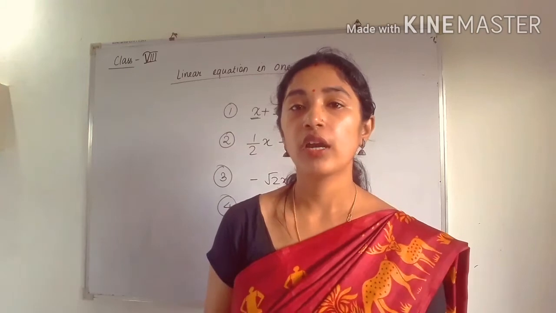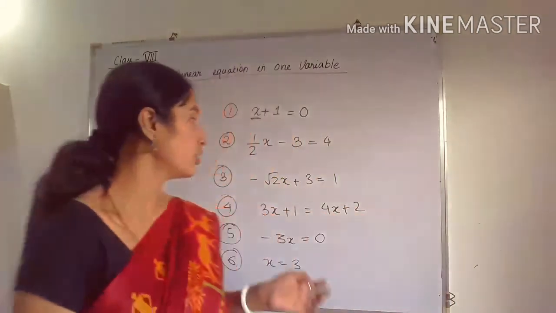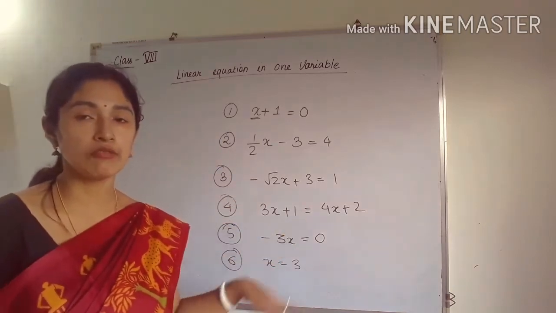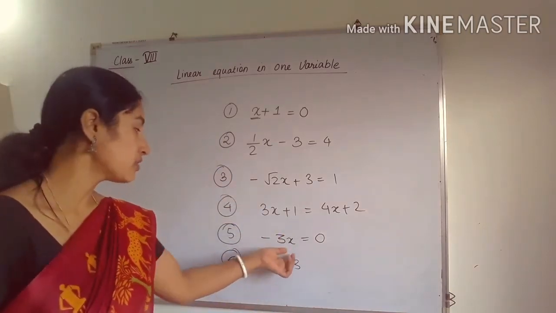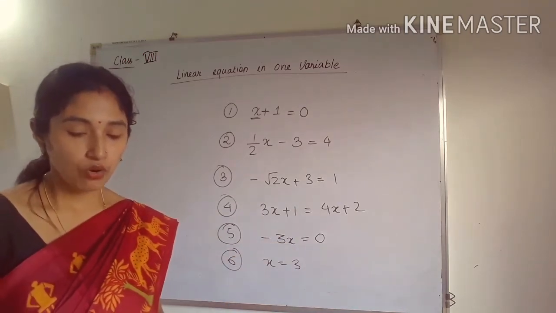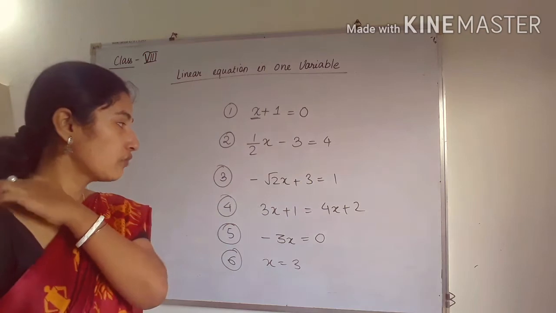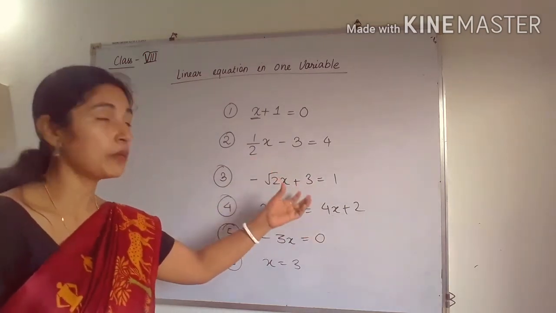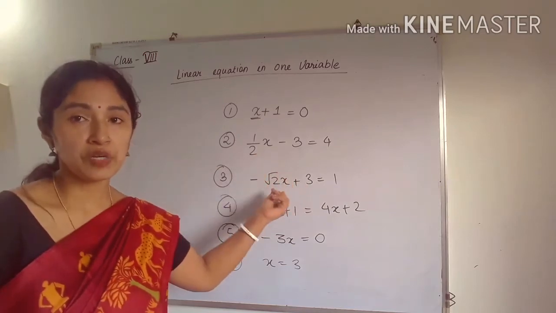So here we have to find the value of unknown, that means here unknown is our x. So in all cases I have taken only one variable, that is same variable x. In place of x there may be y, there may be z, it will be present. Okay, so how to solve the equation? We know that we have to transpose the numbers to that side and we have to keep the unknown in the left hand side alone.